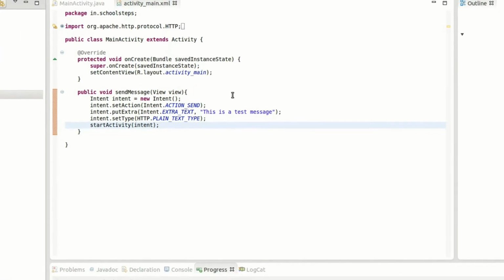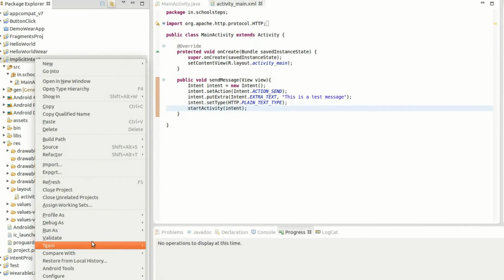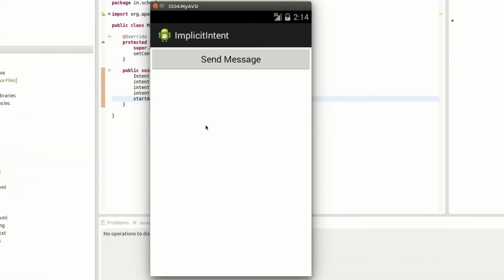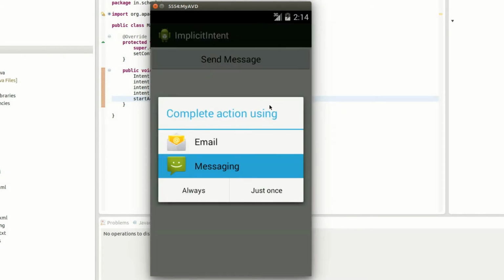Let's run our program. Right click on the program, say Run As Android Application. Here we go. Here is the output of our program. Let's click on the button and it will give us a dialog box asking us to choose one of the applications.